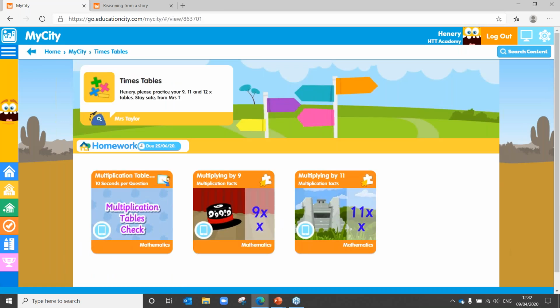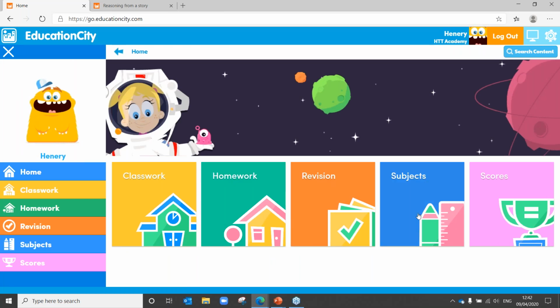Now, if we head back to that first one, the teacher was asking the child to look at 9, 11 and 12 times tables. So you can see there's 9 and 11 in here. We don't yet have 12. What we can do is head over to the Pick and Play area in the